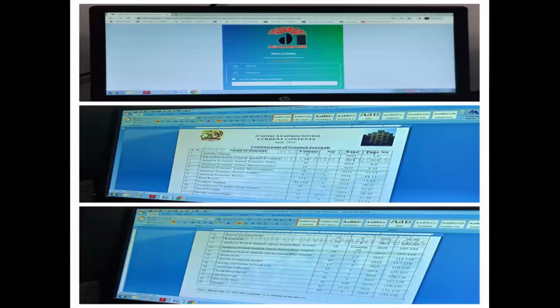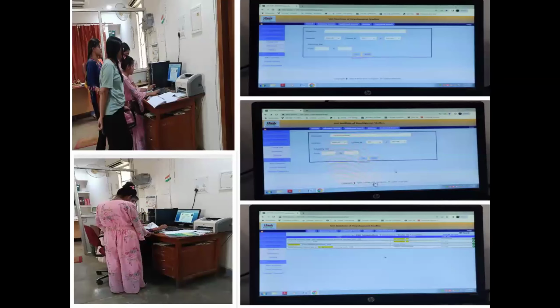Data entry for journals and magazines. Entered updated content of journals and magazines into the library database. Kept the database up to date, providing patrons with the latest information. Online public access catalog searches. Used OPAC to guide patrons to relevant resources, streamlined and made the overall user experience productive.